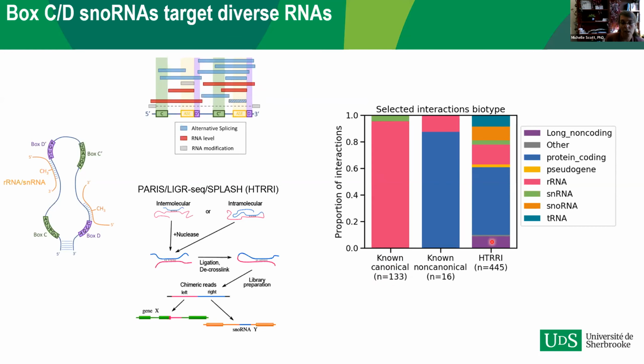But for the high throughput RNA-RNA interaction data sets, snoRNAs were found to interact with many different RNAs of different biotypes, many messenger RNAs, which fits well with what has been found for the small number of examples heavily validated in the literature. But there are also snoRNAs interacting with pseudogenes, long non-coding RNAs, other snoRNAs, as well as tRNAs, snRNAs, and ribosomal RNAs. This paints a very different portrait of the snoRNA interactome.